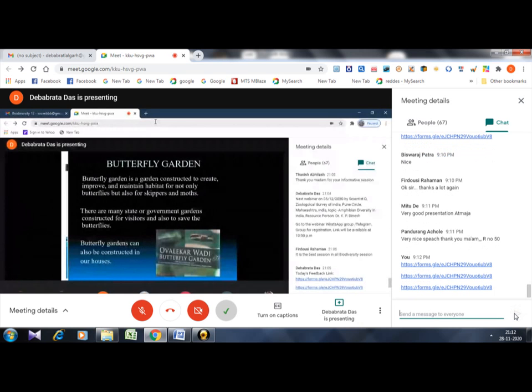And a butterfly garden is very good because you can see the butterflies. If you see colorful butterflies, your mind will also be very good. You will be living in peace. In many areas, you have to pay to visit a butterfly garden, so it is also a source of revenue generation. You can also get paid for a butterfly garden. Now we'll go to the next slide.